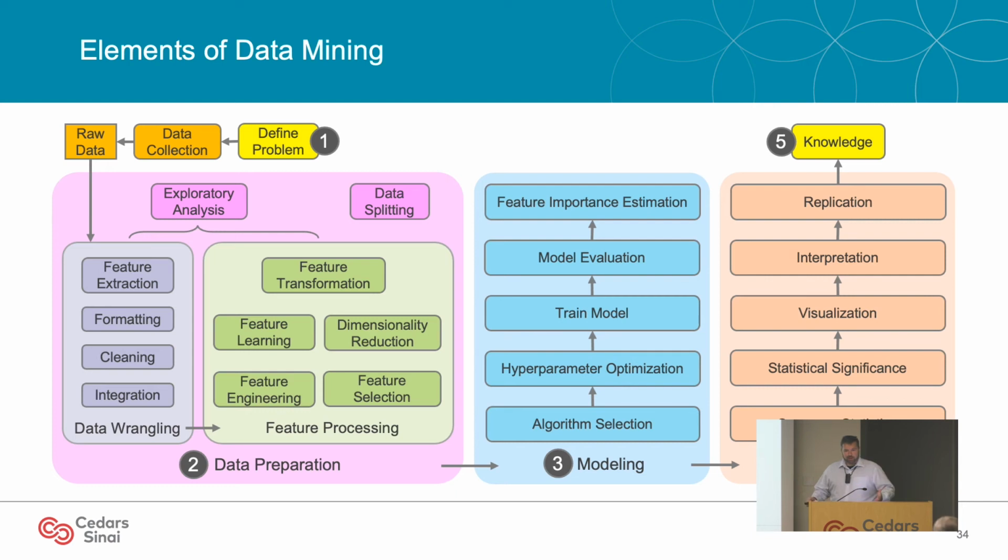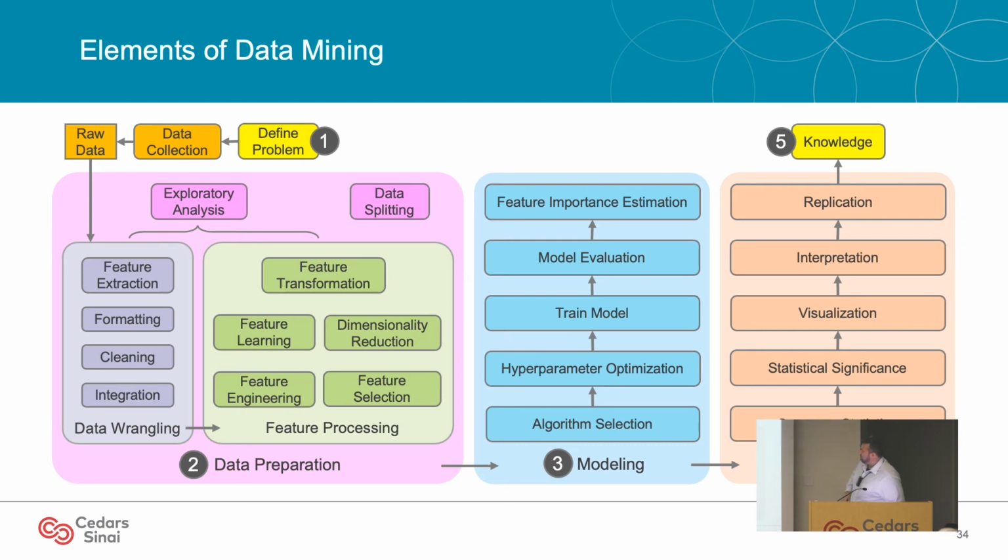All right, so the slide I'm about to go through is going to outline pretty much the rest of today, the rest of the workshop. So this is going to be something I'm revisiting throughout the rest of the talk. And this is the elements of a data mining, machine learning analysis pipeline. And we're going to cover pretty much all of these components. First off, in the pipeline, define your problem. Then collect data, and so you have some raw data to start with. Then we're going to move on to the larger set of elements included in data preparation, which we're going to talk about explicitly in this section. Next, we'll move on to modeling, and then post-analysis. And hopefully, at the end, we're going to get some useful knowledge that we can put into practice.